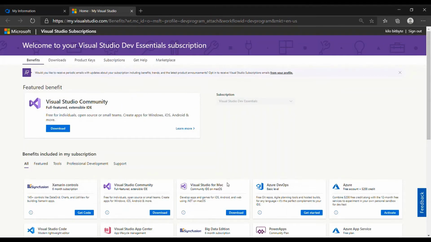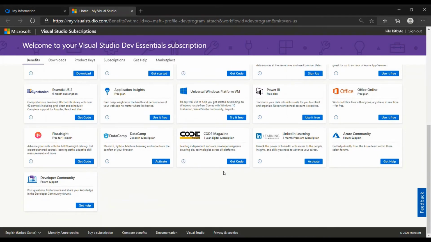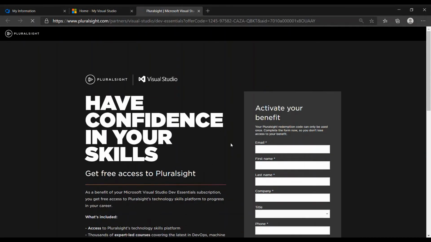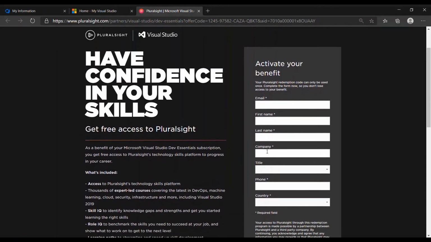It's buffering. Okay, got it. So guys, now let's move on to Pluralsight. You can see in the leftmost corner, there it is. Get the code, guys. At first I would definitely say just go with it and get the code. The activate option will be shown here, so go and activate to proceed, and here it is. You will be directly redirected to the Pluralsight website.